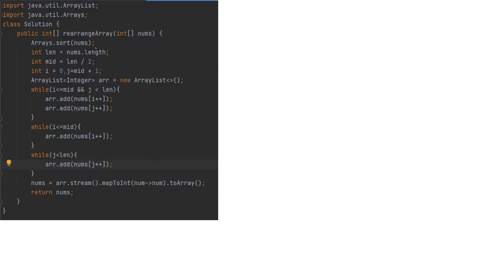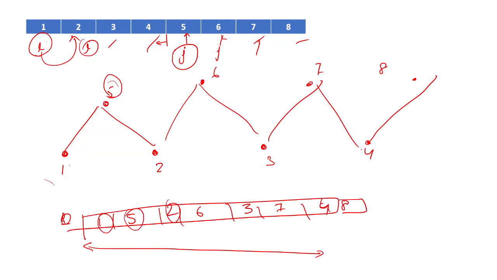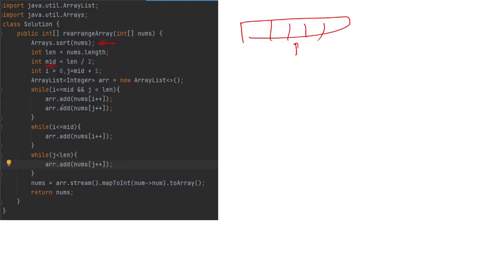It is an easy one. We will sort the array, find out the length, and the mid value, because we have to find the mid value of this particular array, as we have seen in the previous example. Take the mid value, separate it into lower and greater ones. Between each lower we put one greater. So we are doing the same thing.